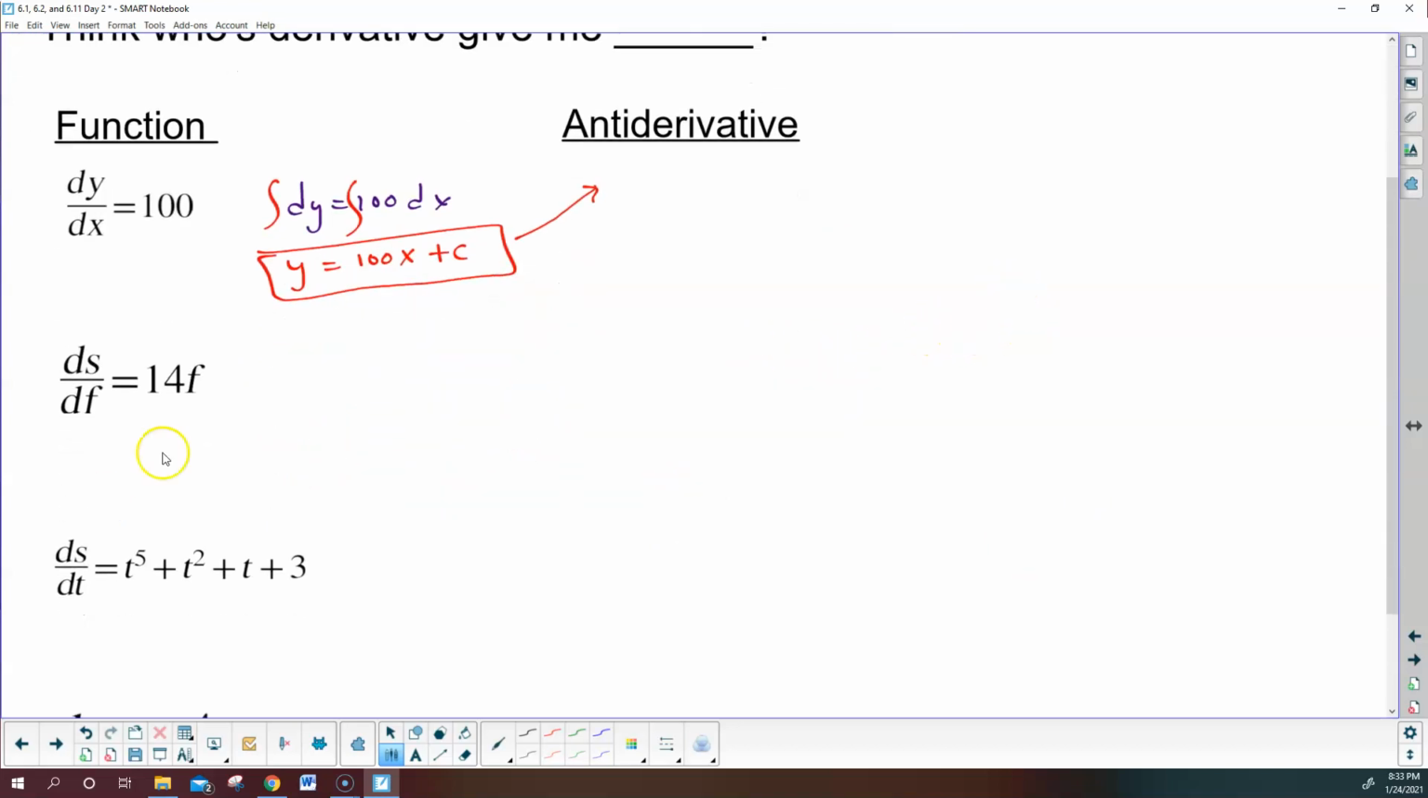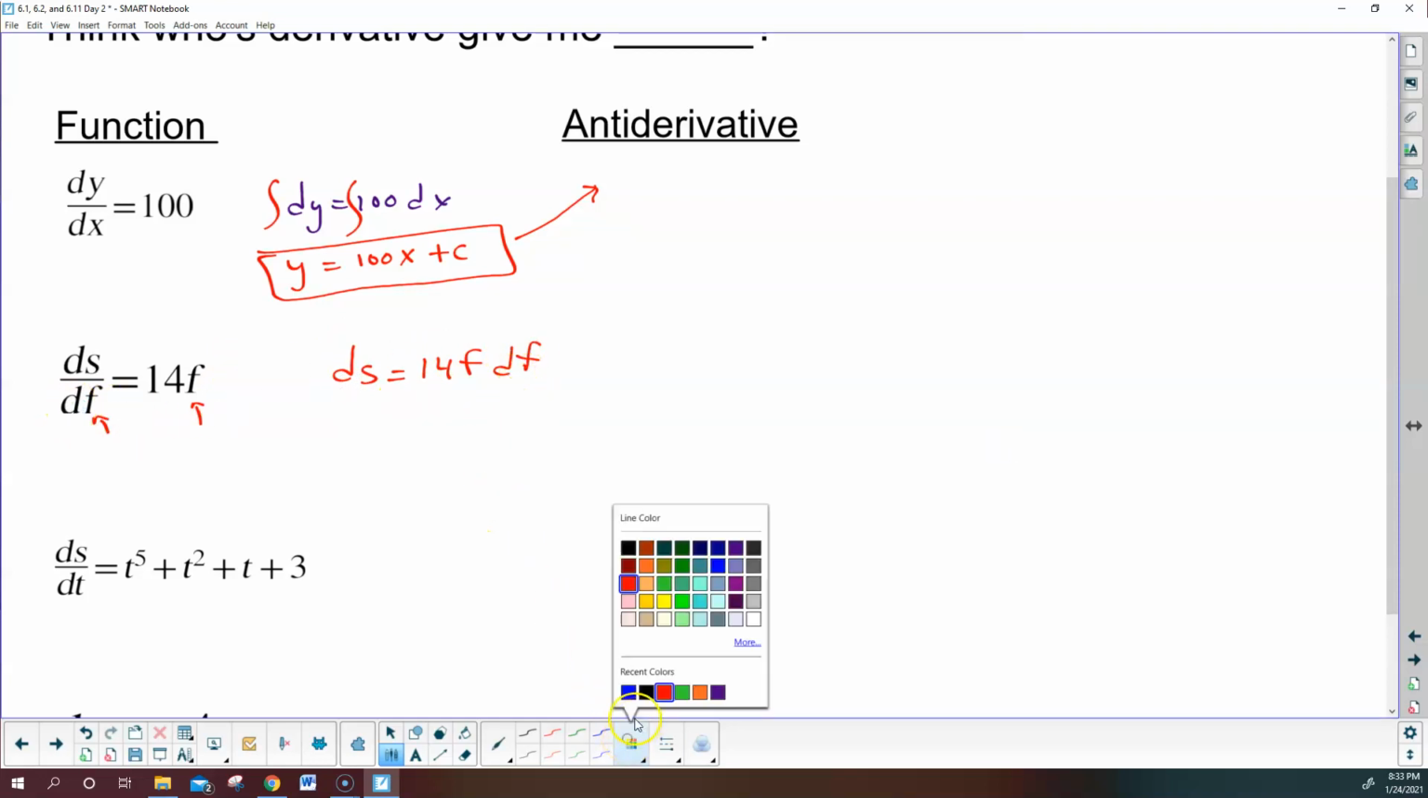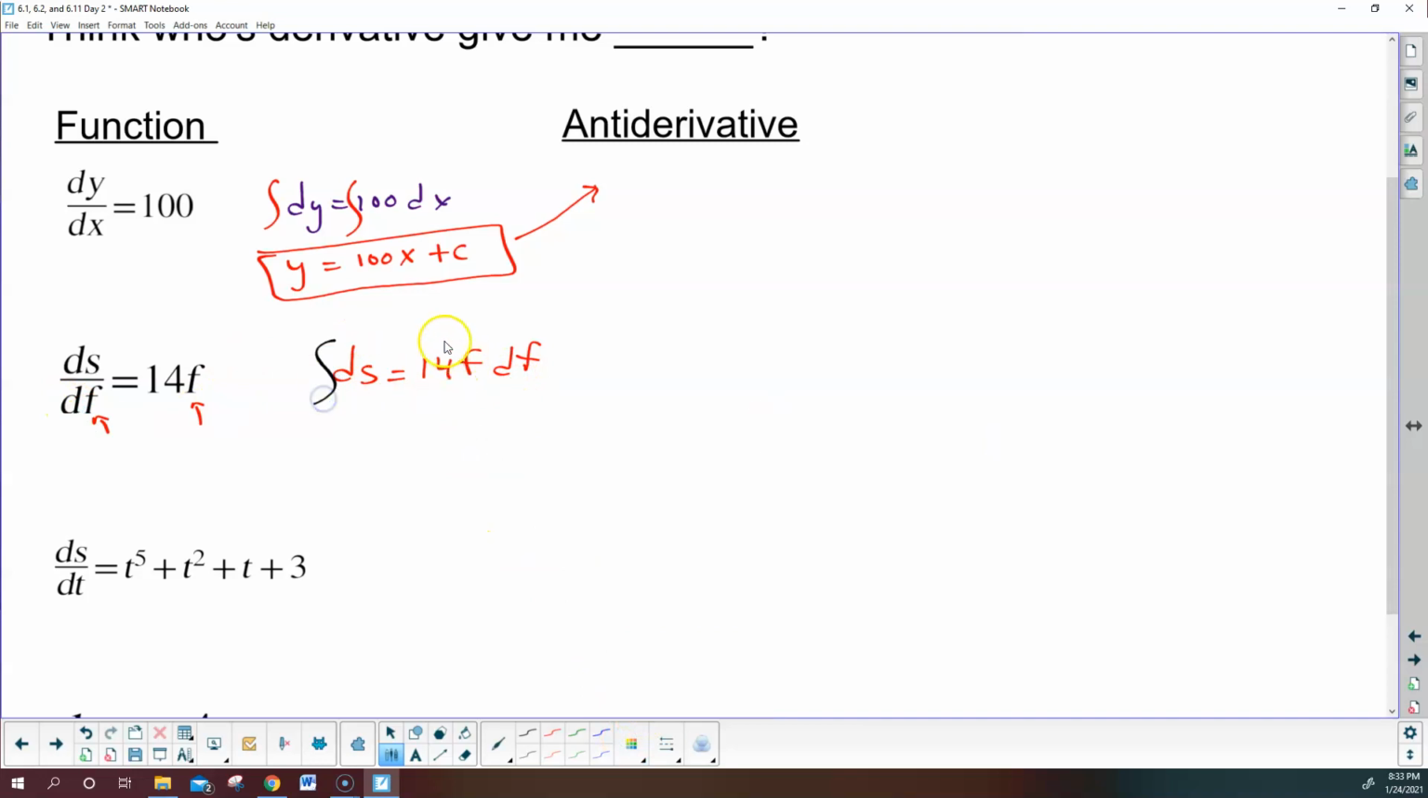Okay, well, notice I'm trying to give you different rates. So whatever rate is on the bottom will move over, and this variable should always match with this variable. So I get ds equals 14f df dt when I move the df dt over here. And then we are going to take the antiderivative. So there's always a 1 here, so I'm thinking whose derivative gives me 1 ds, that's s. And whose derivative gives me 14f? Well,